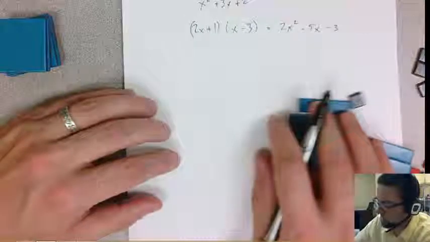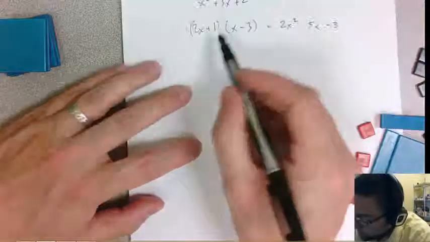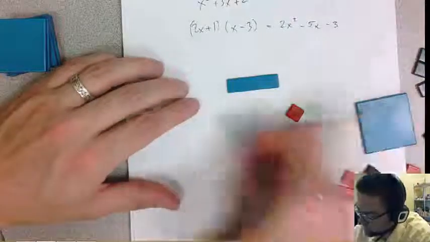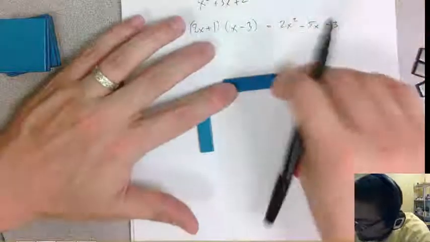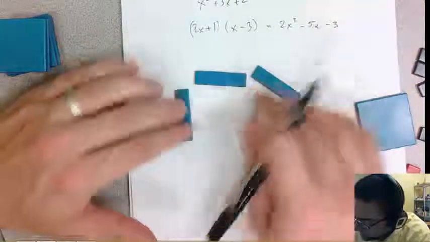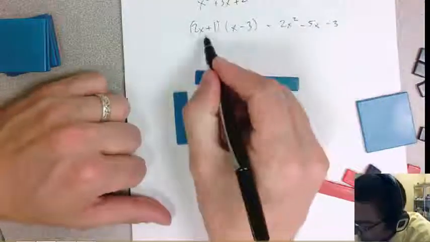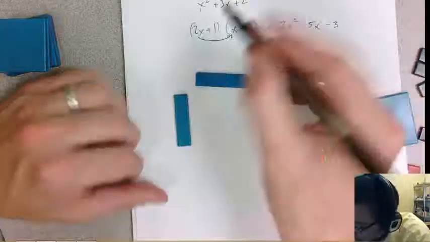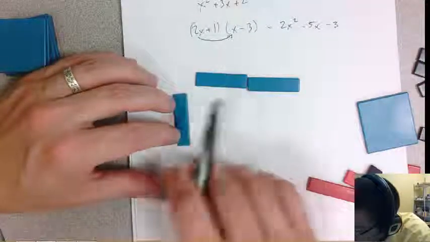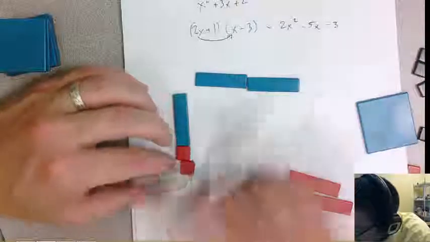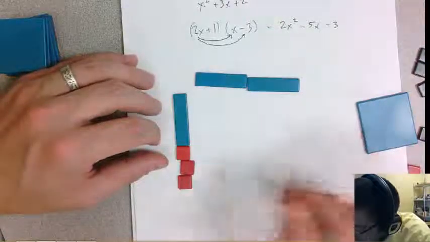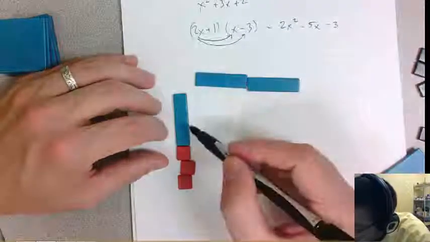So as we practice these, you can see how these multiplications are happening. We have this x times 2x happening right here in this part of the multiplication, right? This was x times 2x's, and we can think of it kind of like I'm multiplying the 2x times the x is one step, and then the 2x times the negative 3 that was over here happens in this area, and then I multiply the 1x